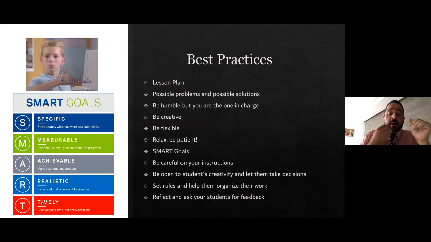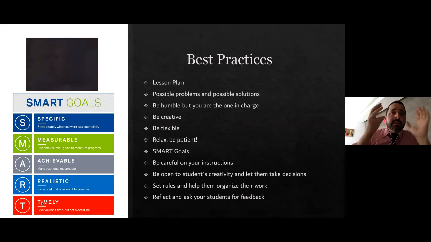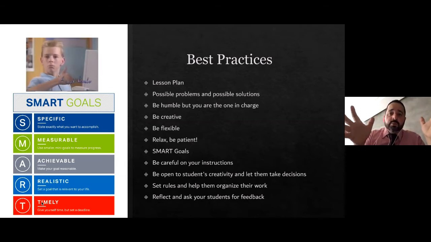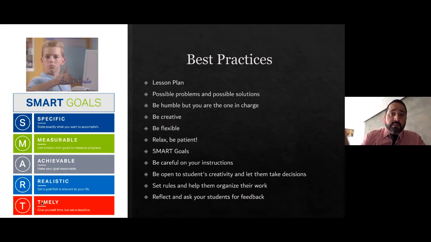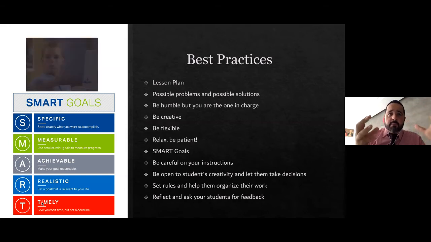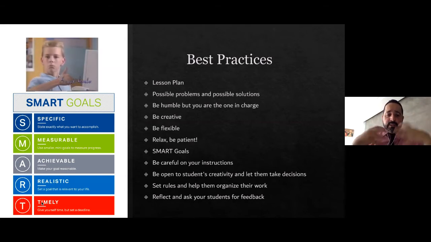Always. Also, be creative. Think about all the possibilities you can do with their devices. What can they do? If I don't have internet, but they have a video camera, what can I do with that? Remember that we as teachers take advantage of all technology, all new ideas, in order to take them and put them in class, right?